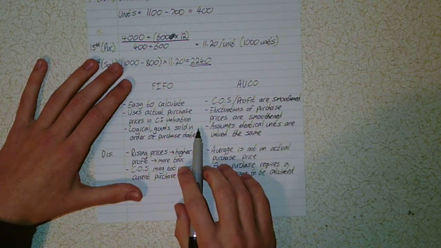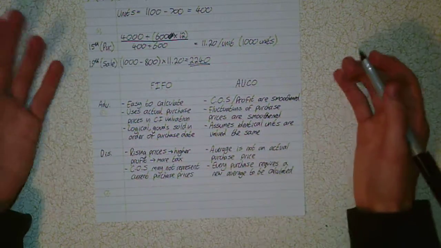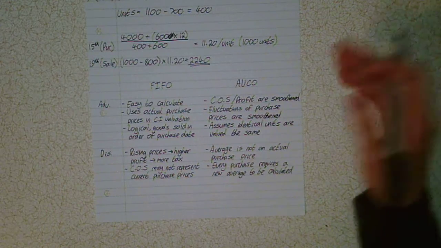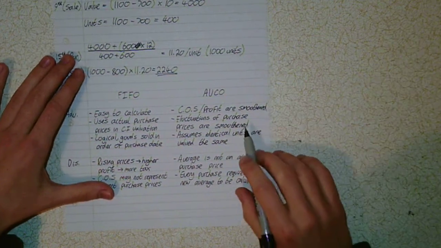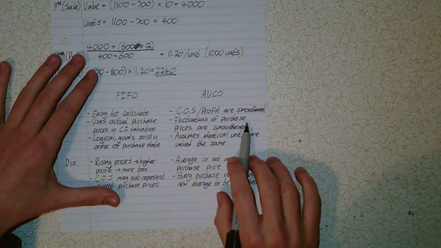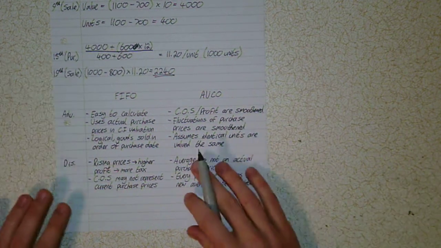It's also logical. Goods are sold in order of purchase dates. Like I said before with the use by dates, you bring in goods and you sell them goods first, in a sense. Advantages of AVCO. So cost of sales and profit are smoothened. This ties in with the fluctuations of purchase prices are smoothened. So if you see here,